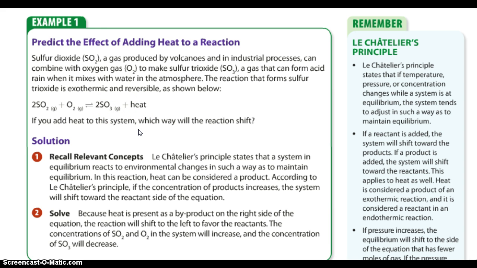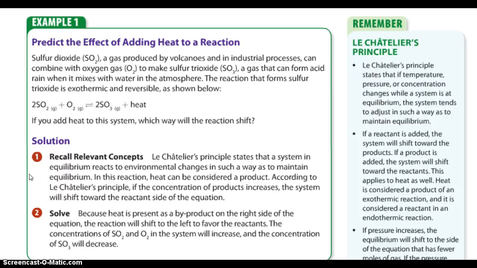If you add heat to the system, which way will the reaction shift? Okay, so think of putting a coefficient of a 2 in front of the heat. So we have extra heat. Recall relevant concepts. Le Chatelier's principle states that a system in equilibrium reacts to environmental changes in such a way